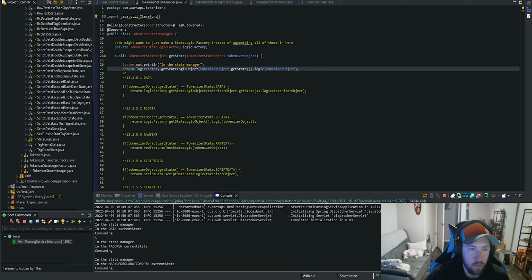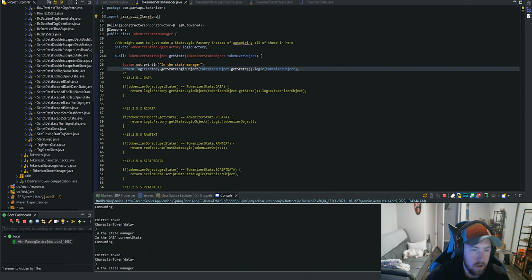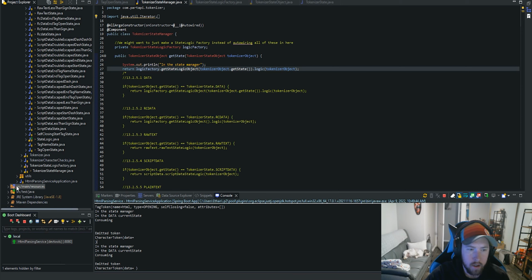I might also add in one smaller task. For some reason, let me scroll down a little bit. Our character tokens are not showing the actual data in here, so these shouldn't be blank. So I'm going to go through and maybe figure out why in the heck this is doing this. It's definitely working, although as you can see, we are getting HTML and stuff like that. I don't know if it's just a toString or what's going on, but I might also look into that for a little bit. I'll be back in a little bit, probably to show you guys how I'm going to do the test. And then I will probably do a quick time lapse and try to get as many tests as I can this episode.